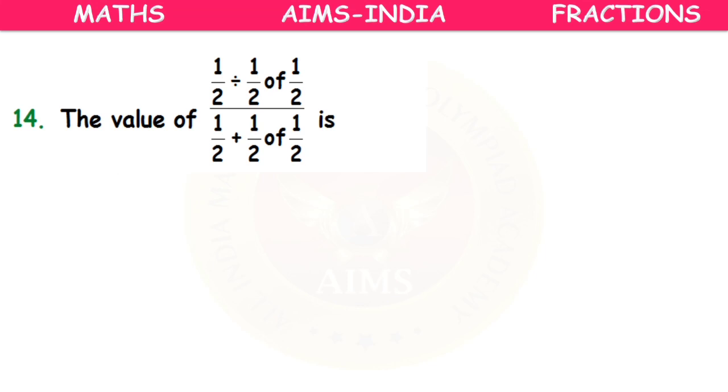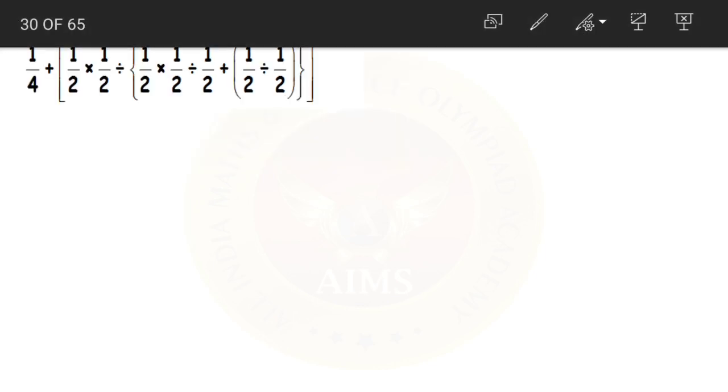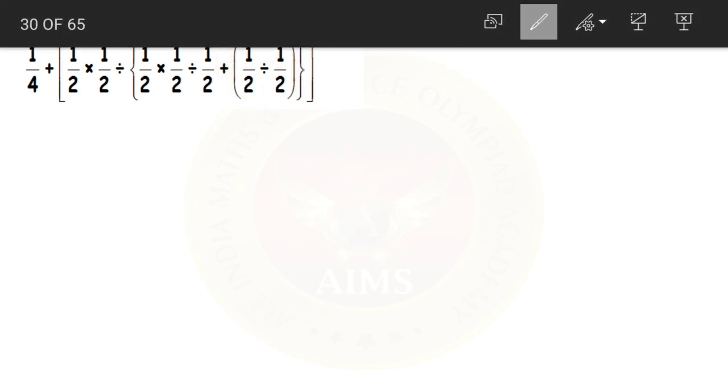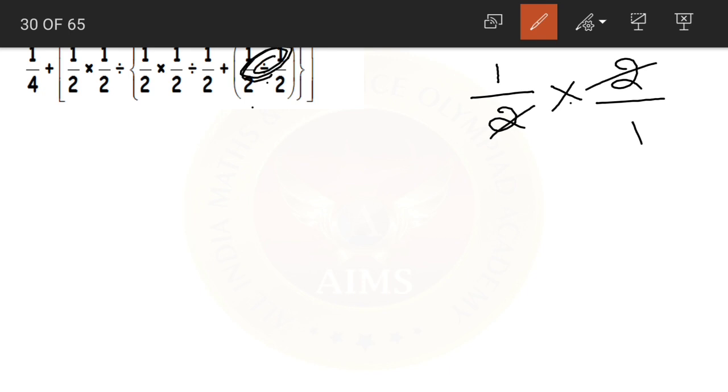It is a very big expression. So let us take it in a separate slide as well and solve. Yes, here we are having brackets. If you remember what we learnt about brackets, first solve the parenthesis, then curly, then square, right? So first we need to solve whatever is in the parenthesis. Now 1 by 2 divided by 1 by 2 becomes what? Division becomes multiplication, and 1 by 2 becomes 2 by 1. Yes. Now 2 and 2 get cancelled. We are remaining with only 1 here.